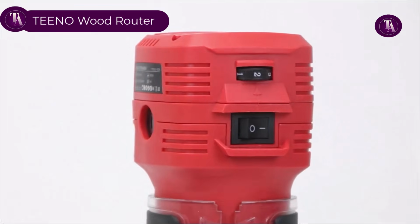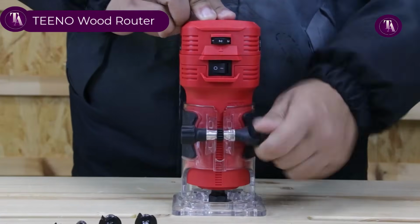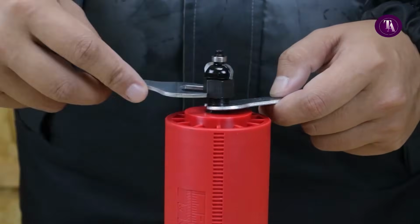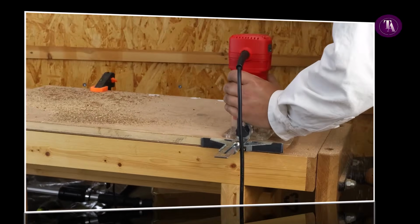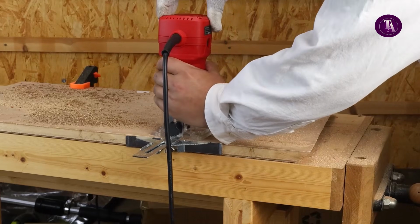TEENO Wood Router. The TEENO Wood Router is a compact and versatile hand trimmer designed for precise trimming, edging, and shaping in small to medium woodworking projects. Powered by a 650 to 800 watt pure copper motor, it offers variable speeds up to 32,000 RPM for smooth